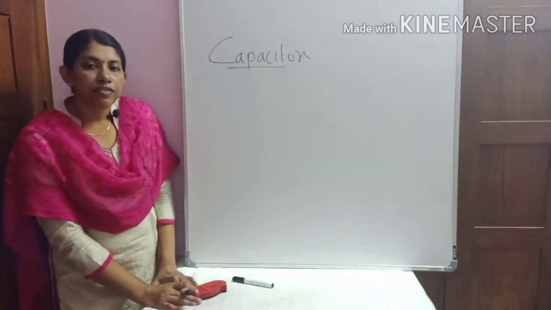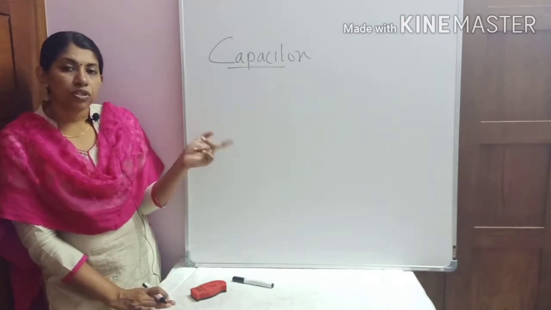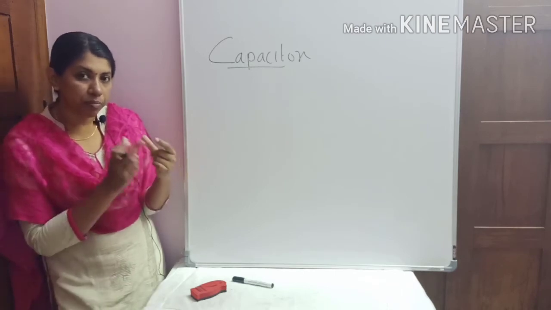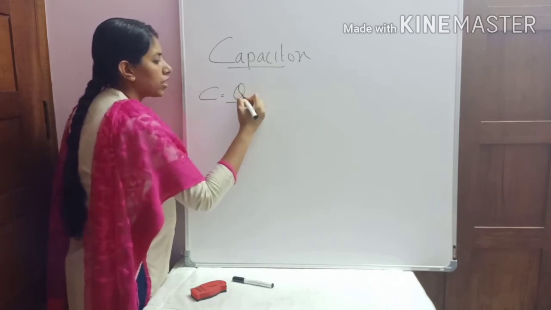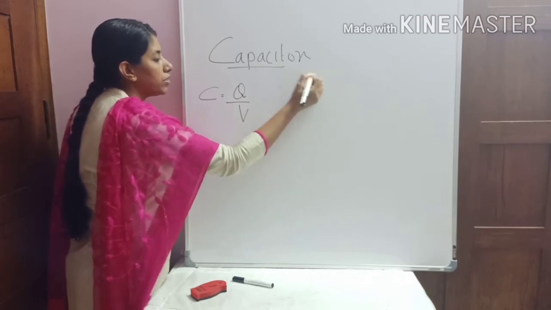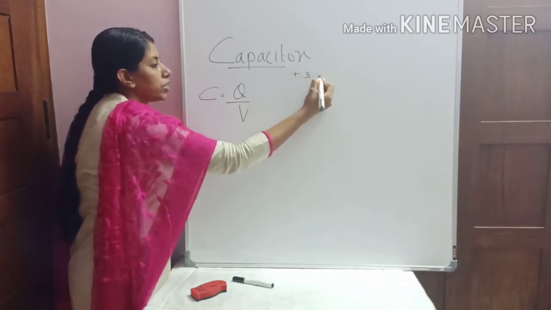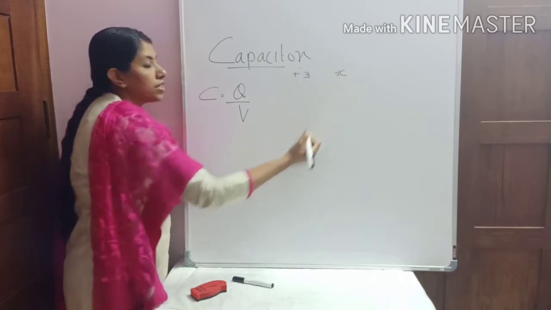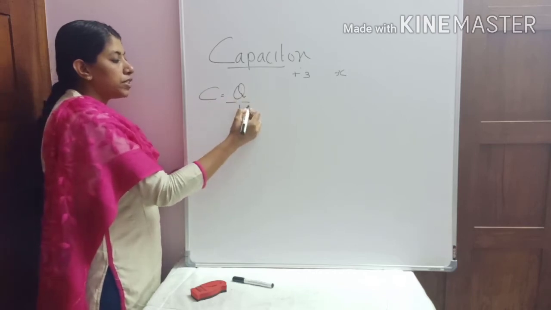Now, capacitance can be defined as the ratio of the charge on any one of the plates to the voltage between the plates. You should know that it is not the supply voltage, it is the voltage between the plates. C is equal to Q by V. Why do we consider charge on one plate? Because both the charges have the same magnitude, but the difference is in the polarity. Like one plate has positive 3 coulomb and the other plate has minus 3 coulomb. The only thing is that one is positive and one is negative. So we have to consider only the charge on one plate and the voltage between the plates.